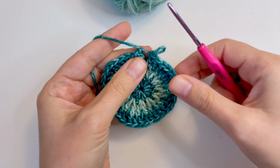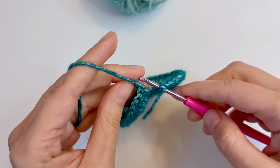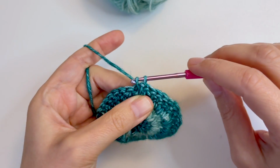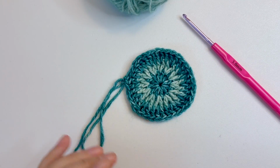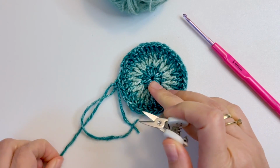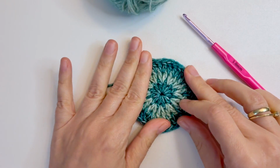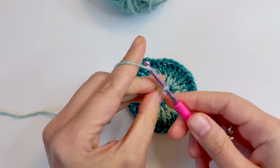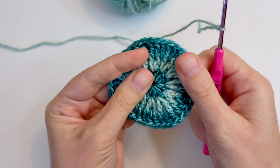and we will join the work again from the back of the work with slip stitch and chain 1 to secure the work, and join the light color again. We will first make a slip knot, and we can start again from any of these